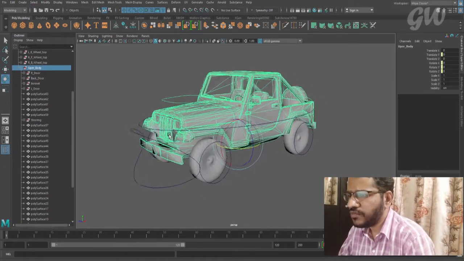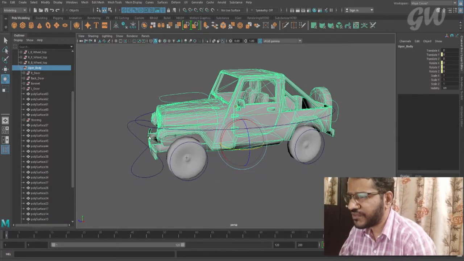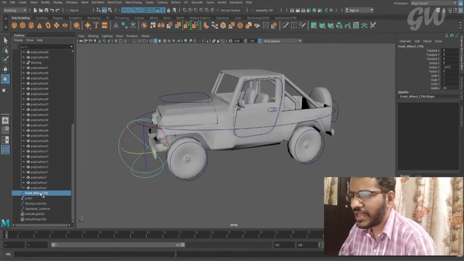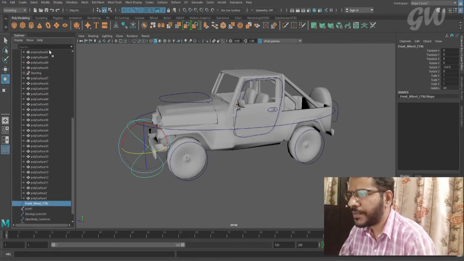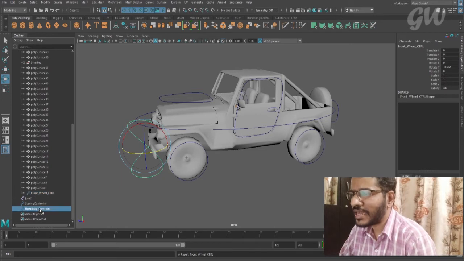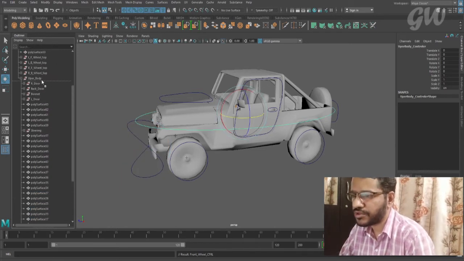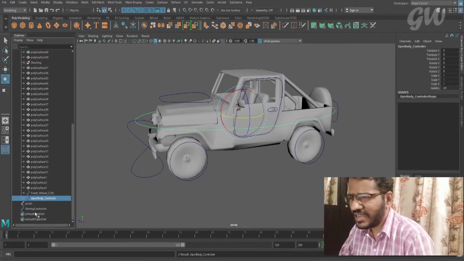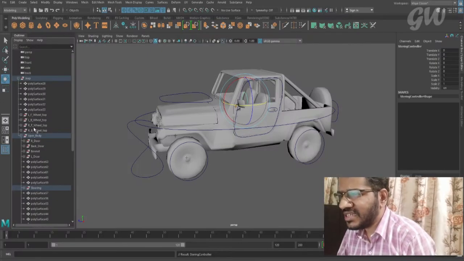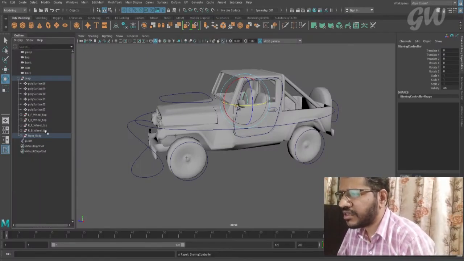Now we can see here almost we have grouped everything perfectly except these two curves. So first we will select the front wheel curve. We have to drag this directly to the upper body group. Same with the upper body curve, drag that also directly to the upper body group. Steering is left here, so select the steering curve, drag that also under steering group. Now here we can see that we have grouped everything under the upper body except those wheels.